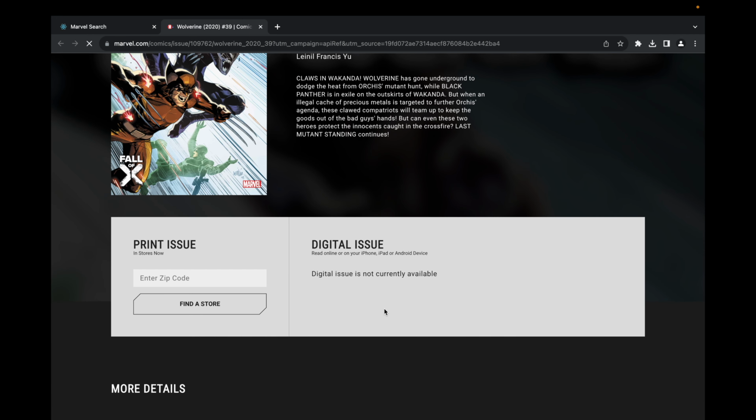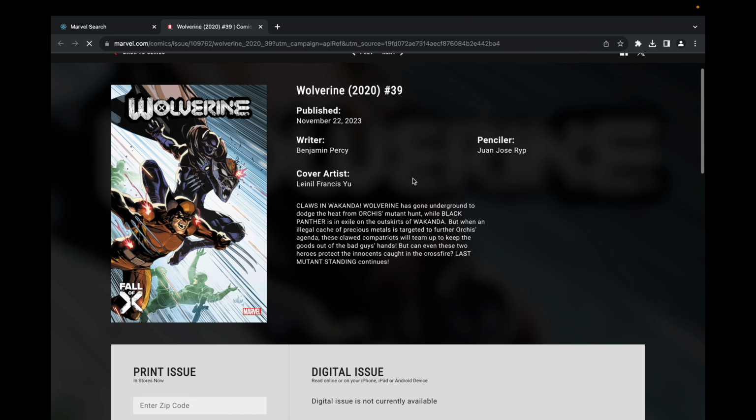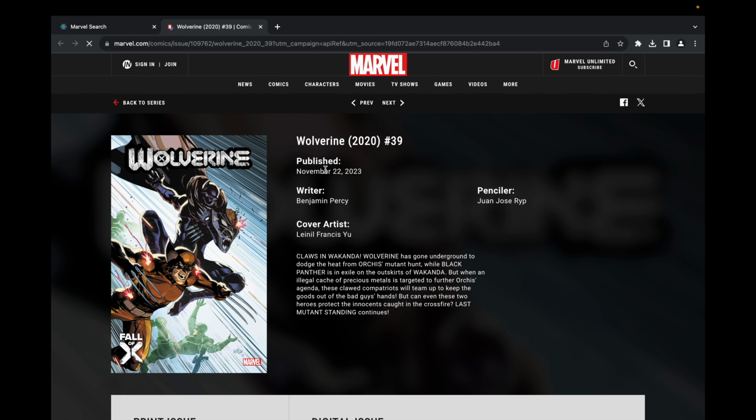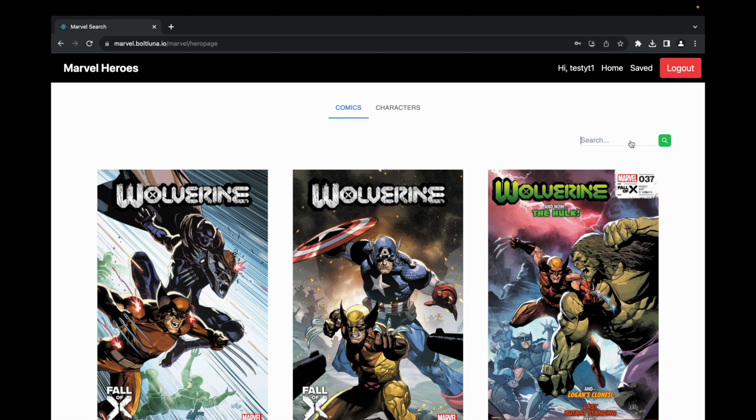It tells you the digital issue. You can enter your zip code to find a store where you can find it. So these are things we're going to implement into this. We can close this, and now I can also search